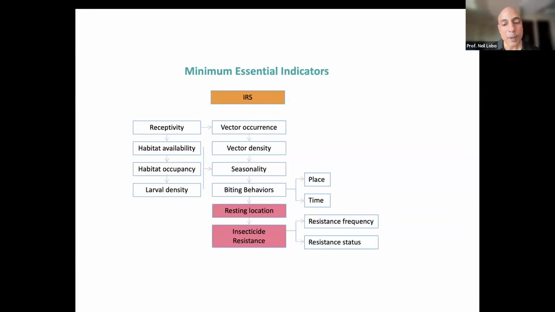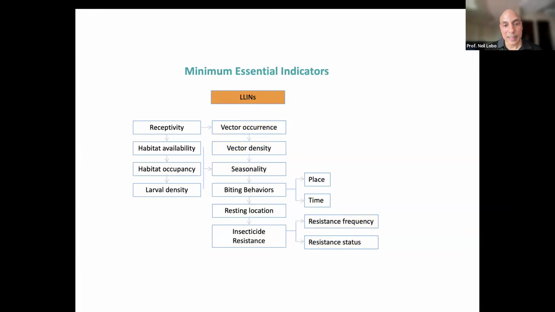And if you design your entomological surveillance well enough, you can capture other indicators that actually help you with decision making. It'll tell you which vectors are causing the disease, which ones are resting indoors, which ones are not, what's the seasonality of them. So it can tell you when to implement your intervention. Is resistance coming up, right? So if you design your surveillance based on your core minimal essential indicators, you can actually collect a bunch of other indicators without much extra funds or capacity at all, which improves your understanding of your entire system.